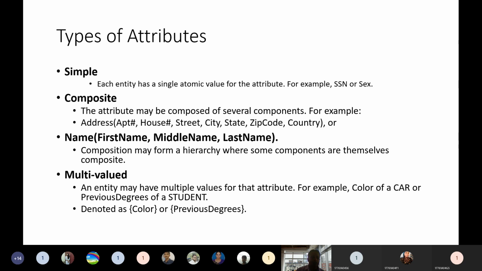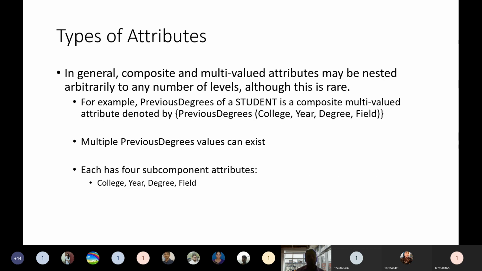And next one. Again, here we are still continuing types of attributes. In general, composite and multi-valued attributes may be nested. So the concept here is there can be nesting. We can nest the attributes.